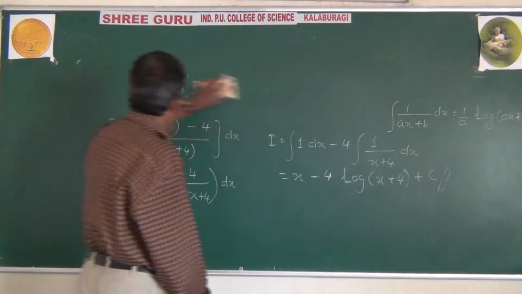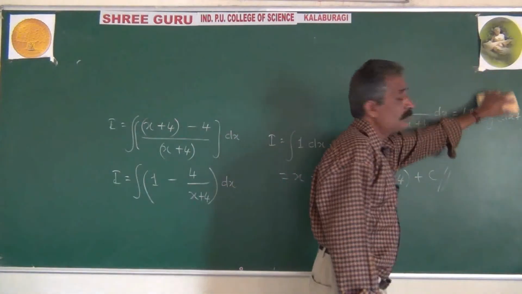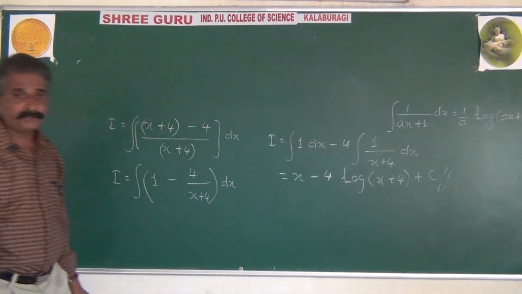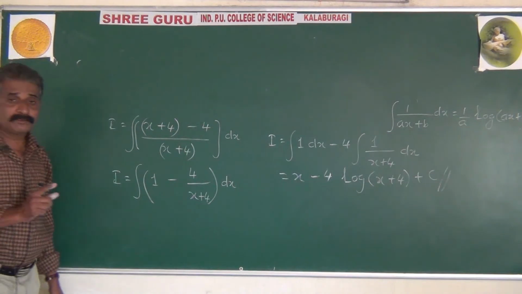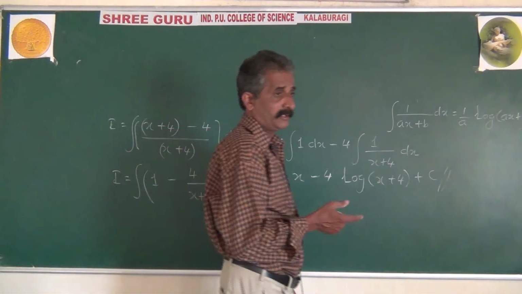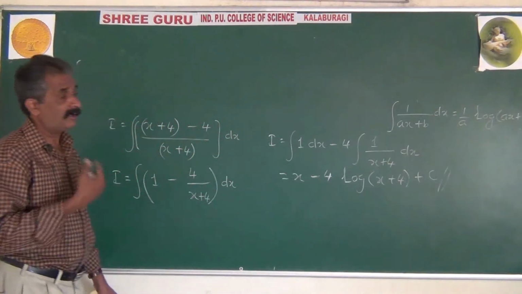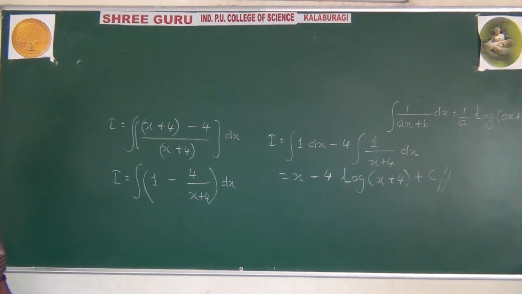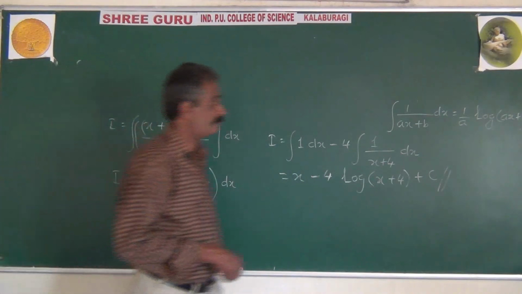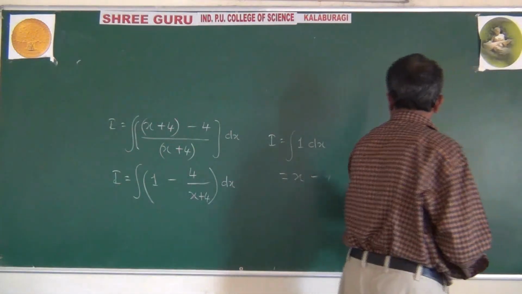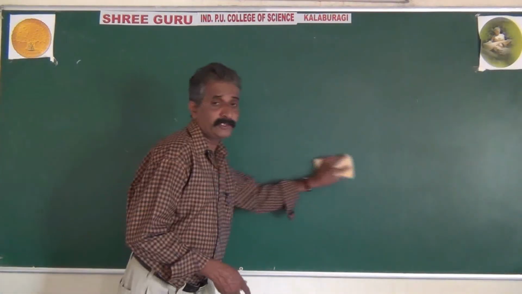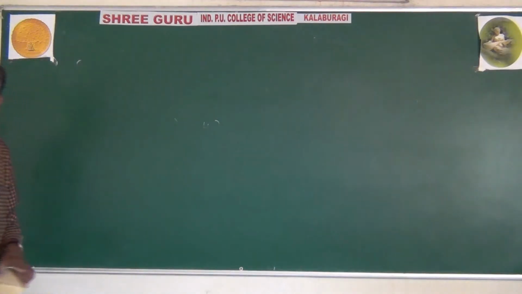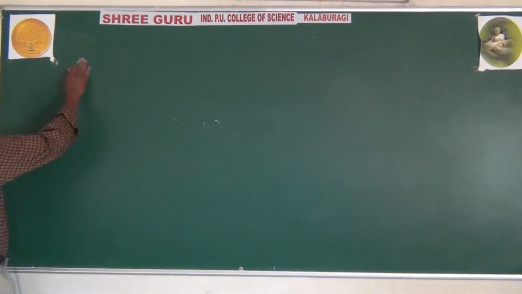So these are problems concerned with type 1. Let's come to type 2 problems. Here we require first using suitable trigonometrical identities of PUC first year. After using suitable trigonometrical formulas, then we need to apply integration formulas. Type 2 is the evaluation of integrals by applying suitable trigonometrical identities.